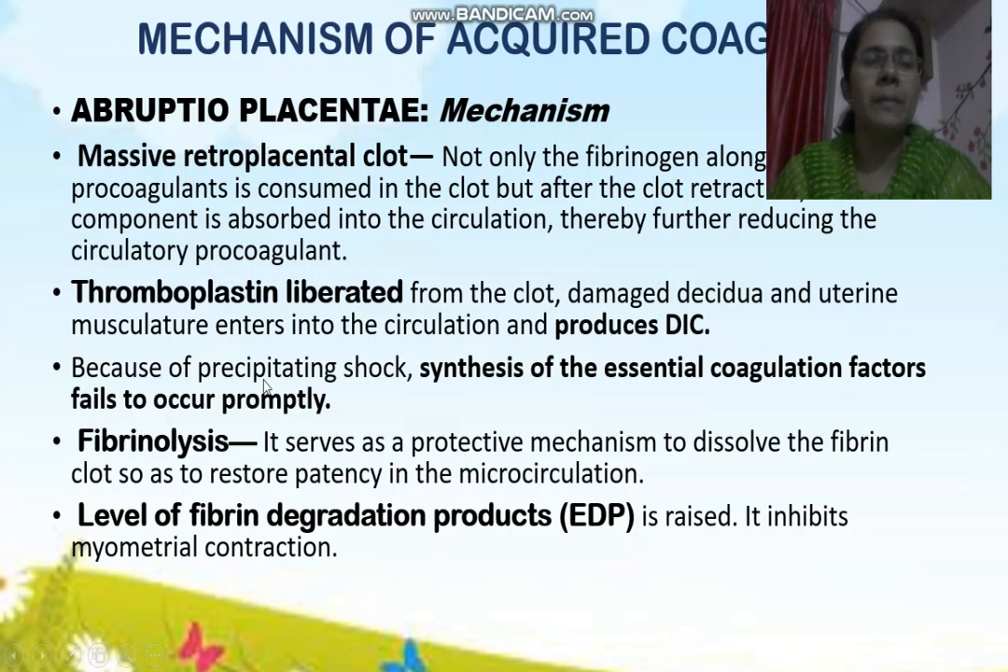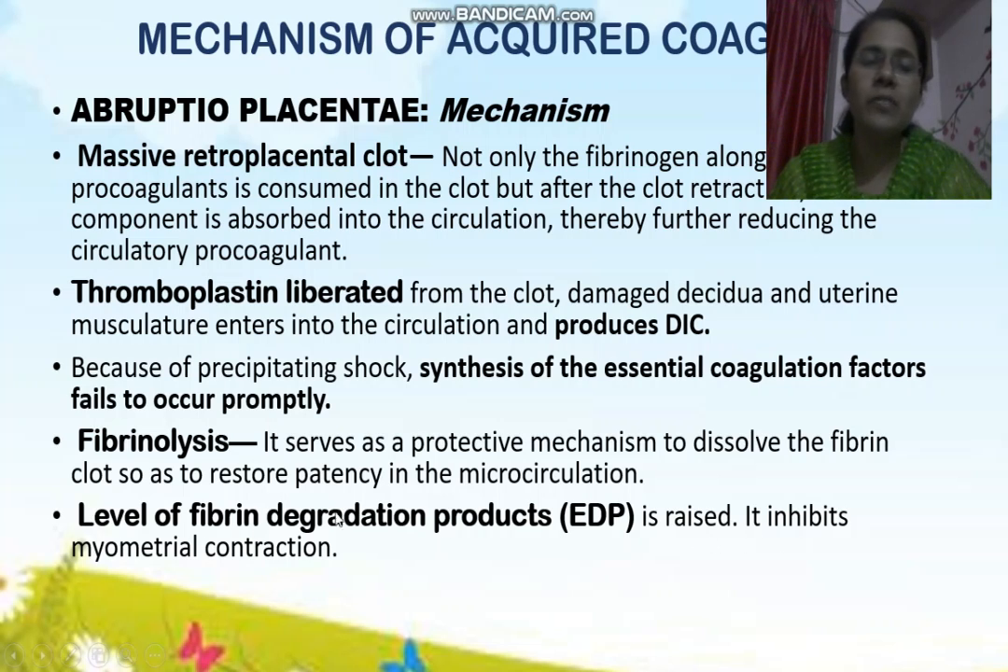Because of precipitating shock, synthesis of essential coagulation factors fails to occur promptly. That also leads to massive bleeding. Fibrinolysis serves as a protective mechanism to dissolve the fibrin clot so as to restore the patency in the microcirculation. So when fibrinolysis occurs, it dissolves the clot formation, and the vessels will become patent for the circulation, and the level of fibrin degradation products is raised,